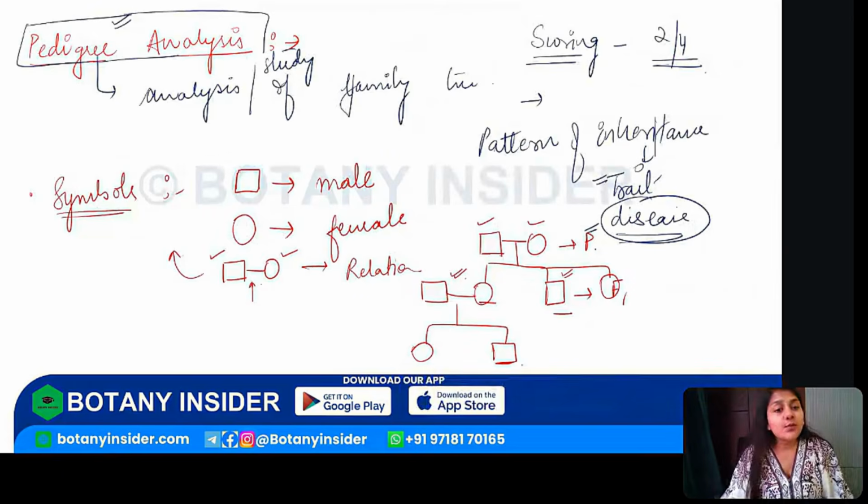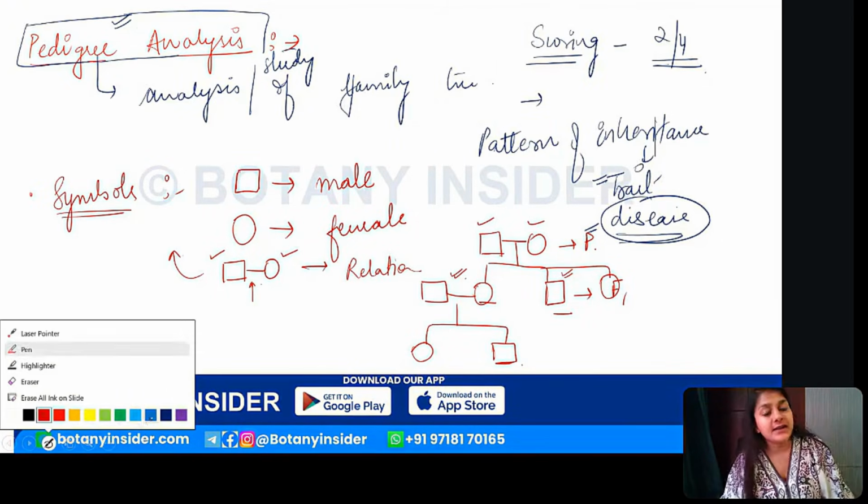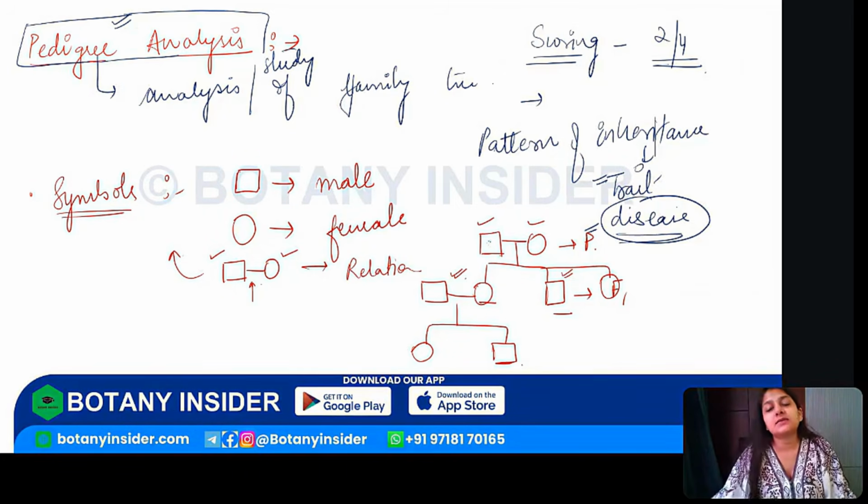Now if I want to represent an affected individual, right? Let's say in the parent, the male was affected with any disease that we are taking into consideration. So it will be represented with a black box, right? A colored box of the same. If I want to represent a carrier female, a center dot will be there, not a completely colored circle, only a specific dot. So this represents your carrier, and this represents your affected individual.